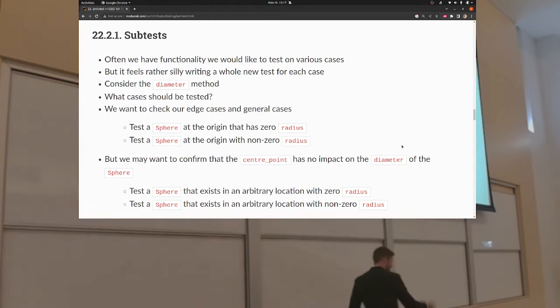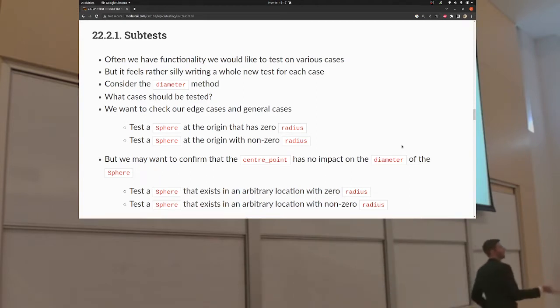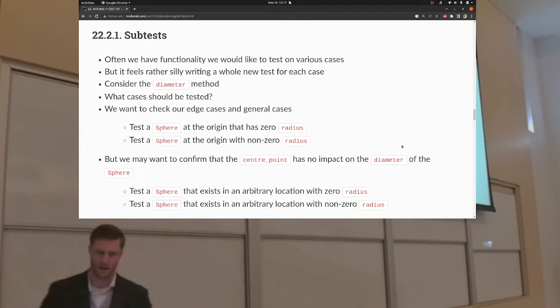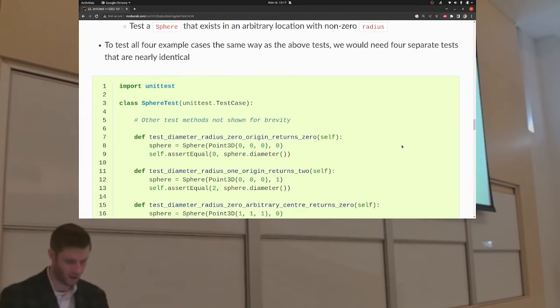this test, this method with the testing, it failed. But which one? If I've got all these asserts, which one? So we want our tests to be very separated. We want to test independent things, one nice thing a little at a time. But sometimes we're put in positions where if I want to test, for example,